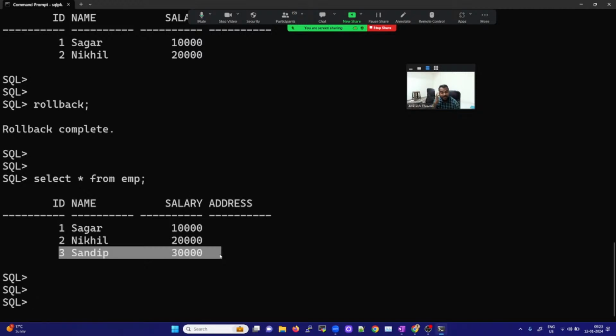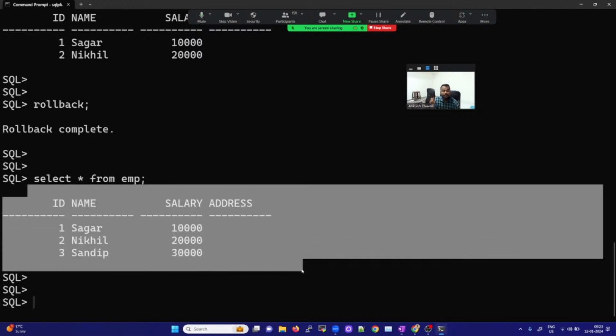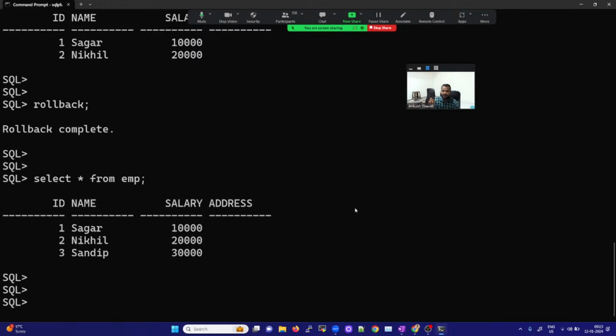There is one more way to delete all the records. Whenever you want to delete the complete data, everything, but the table structure should be there, meaning an empty table will be there, with the columns still available, that time we will use truncate table name. What is the table name? EMP. As soon as you use this truncate command,